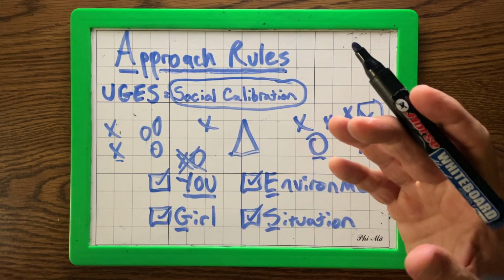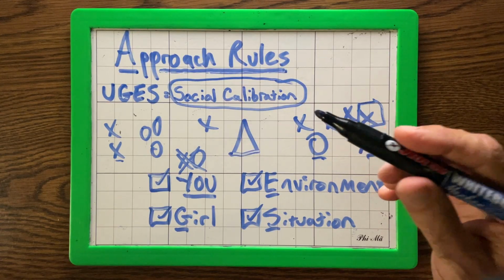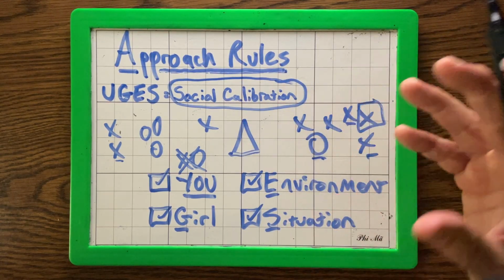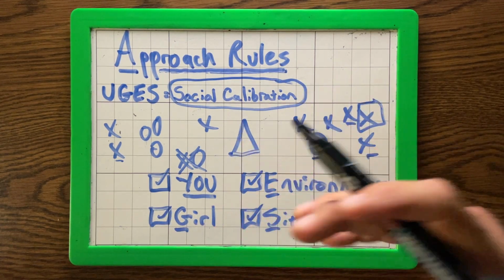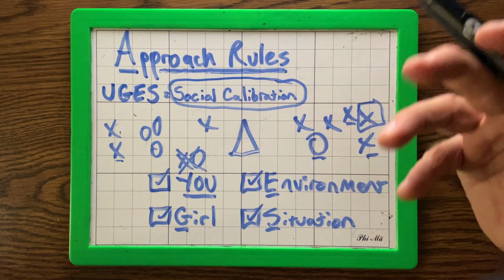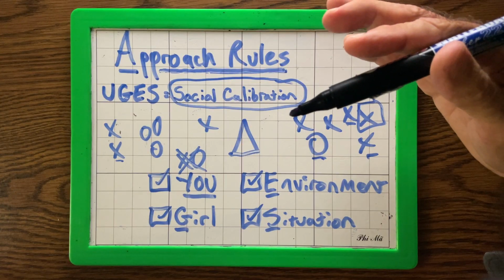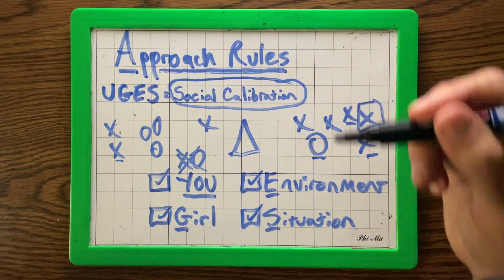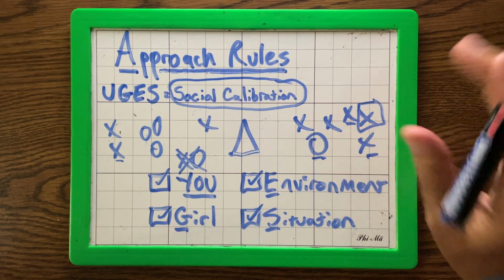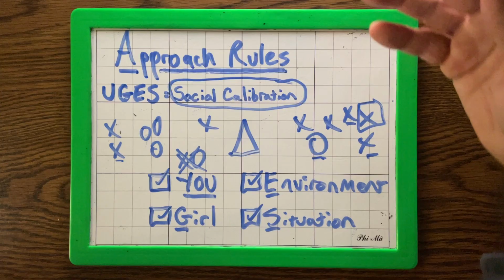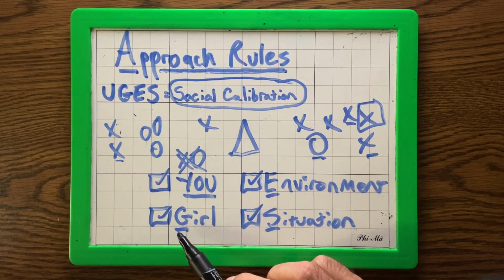Then what is the girl doing? You're not going to go cold approach her if she has her head in her hands and she's crying and two of her friends are on either side of her consoling her, right? She's obviously doing something that is socially, it would be very uncalibrated to just approach her. Or same thing, if the girl was about to get on a metro or an MRT and she was just coming in as you were coming out, you wouldn't stop her and do a verbal cold approach because she's just trying to get onto the MRT. She's going to continue on. So you consider, what is the girl doing?